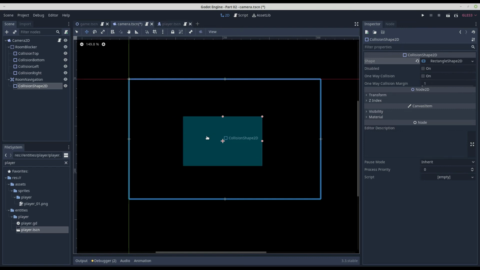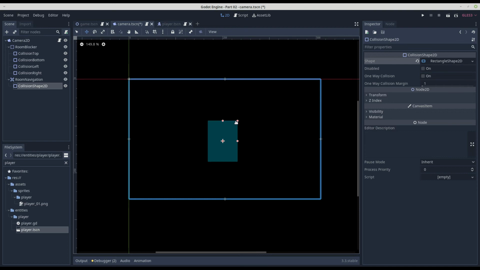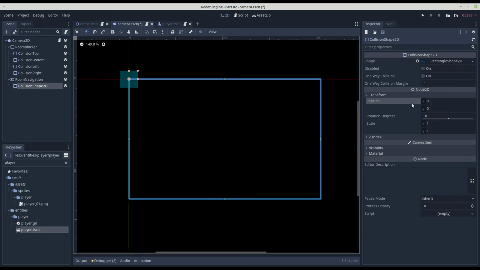With the majority of Area2Ds that you will create, you normally have one shape which will take the outline of the node that you're creating it for. A typical example would be a pickup where the user enters the Area2D space and they might get a pickup. There's no hard collision, it just raises a signal, and then in your receiving end you will handle that. So what we want to do for our Area2D is